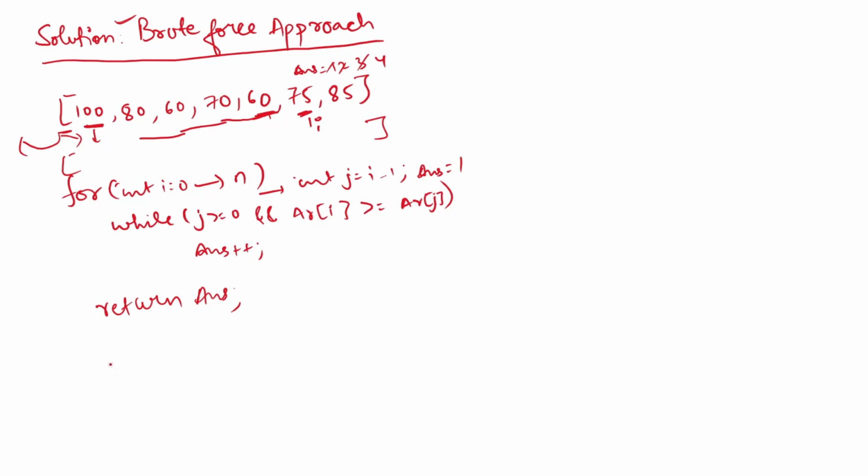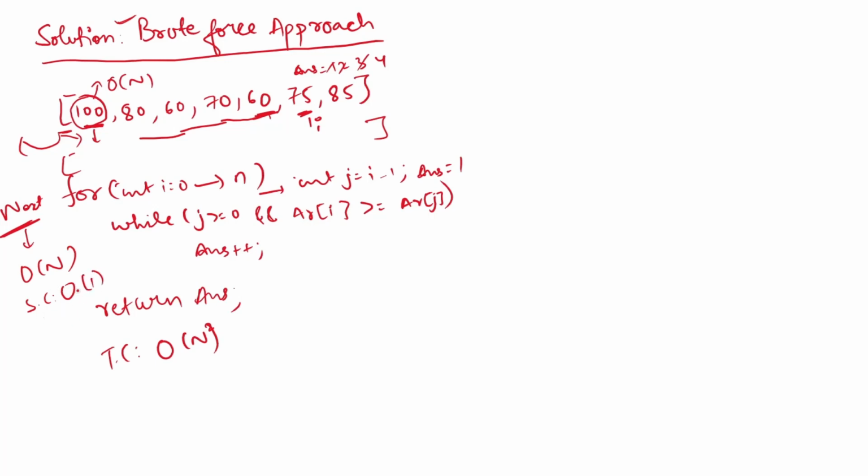What will the time complexity be? The time complexity of this solution will be O of n. Why O of n? Because finding this one takes O of n, and finding all of them would take O of n square. But here our next function is finding for a single one, not for all. So for this our time complexity will be O of n. And the space complexity: we are not using any extra space, so the space complexity will be O of 1.